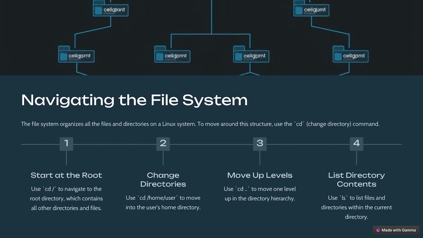For example, if you are in home/user/documents and type cd .. you will go back to home/user. Fourth, list directory contents. Once you are in a directory, you can type ls to see all files and folders in it. This command is like opening a folder in Windows or Mac where you can see everything inside. If you are looking for more details, type ls -l which gives you more information like file permissions, sizes and modification